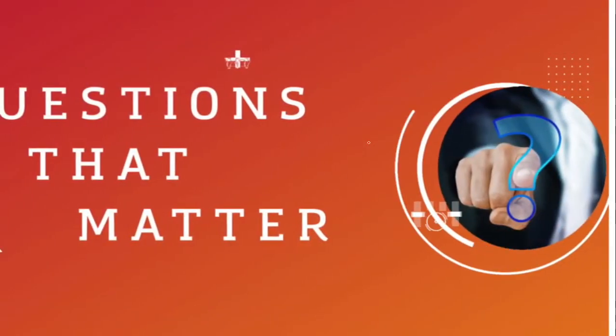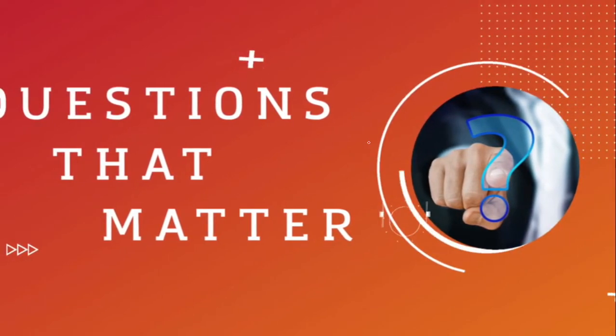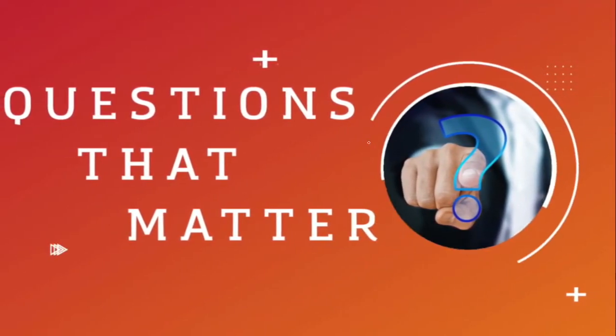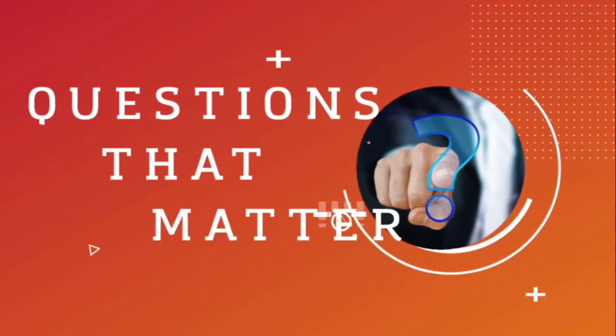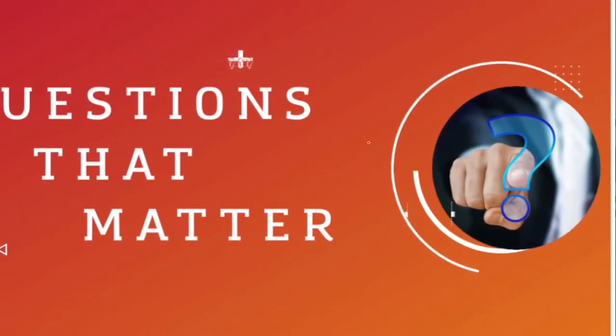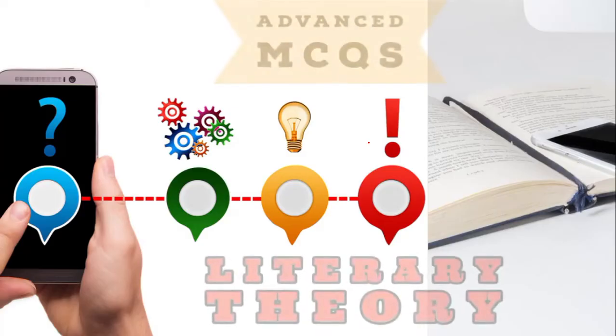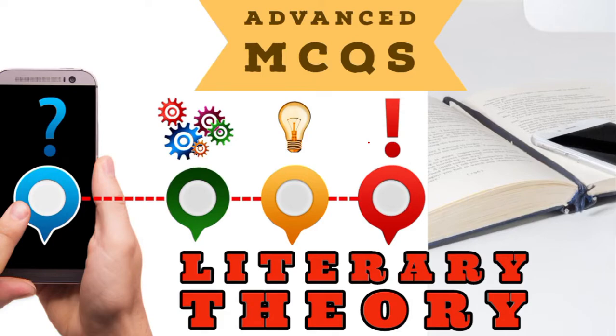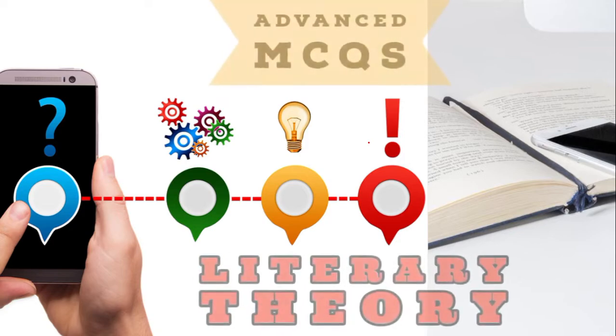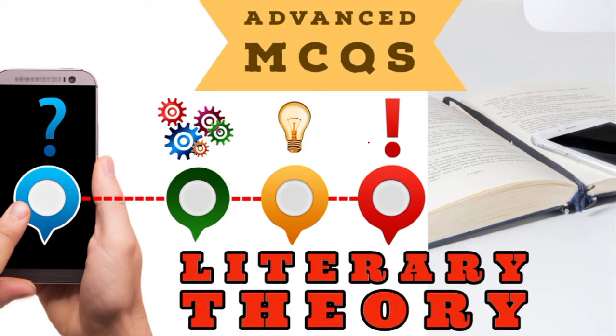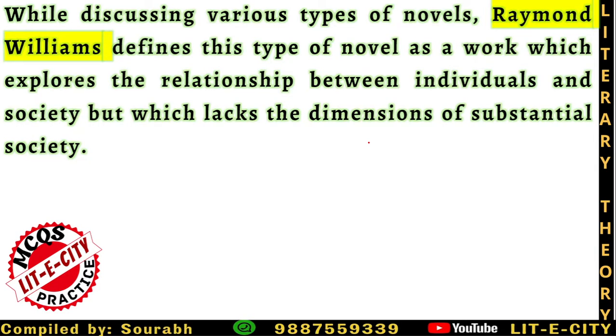Dear friends, we are at present taking a series of some very important questions that matter, or QTM series, in which we discuss some very important concepts and writers frequently asked in the NET paper. In the present installment, we will deal with some advanced MCQs on literary theory, that is, unit 9 of the prescribed syllabus. So for the day, our first question is, while discussing various types of novels, Raymond Williams defines this